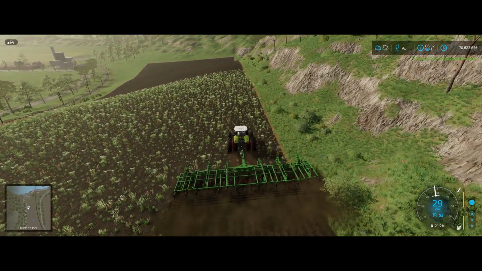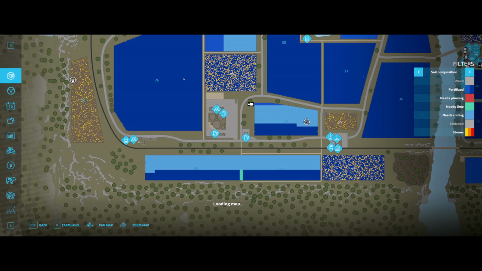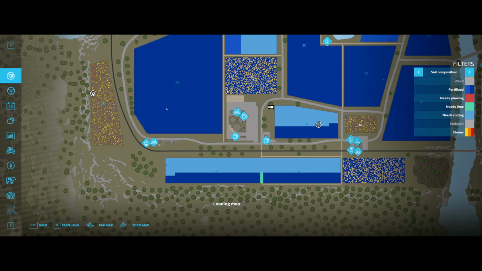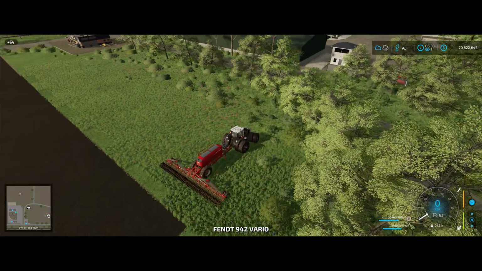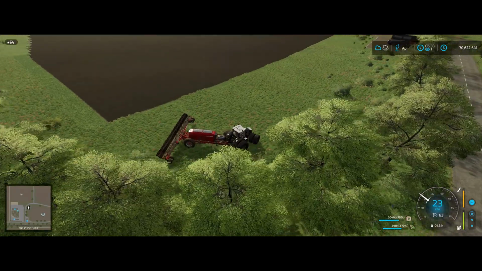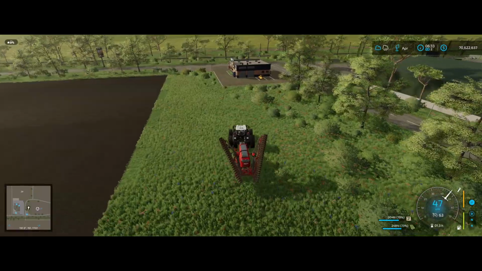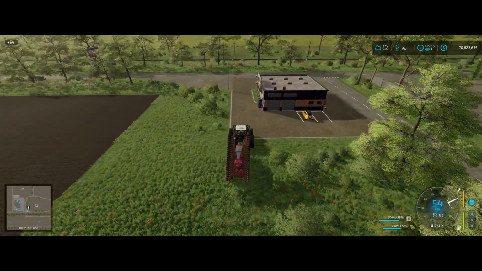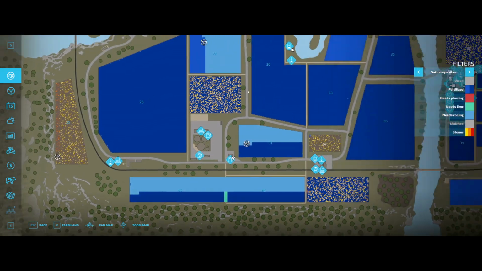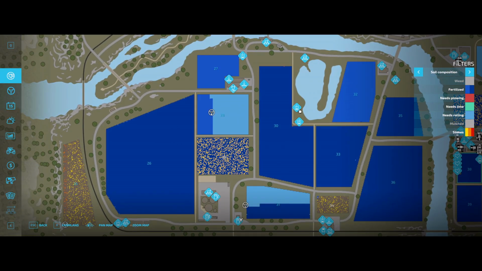The plow might just jump around a bit. I hope it doesn't, but it might. So this has done its job beautifully. We'll just park it over here until we send it over to field number 25, waiting for it to get ready. Field number 28